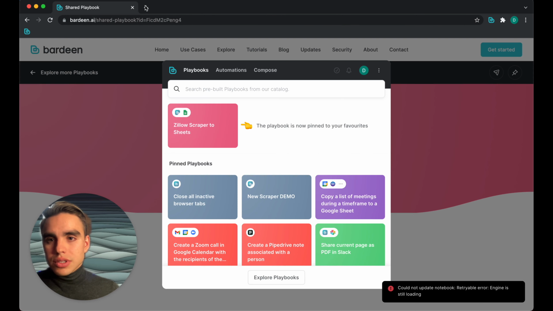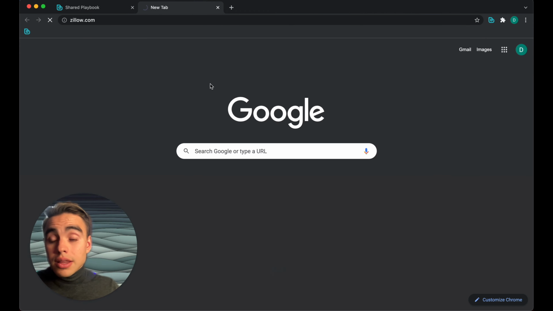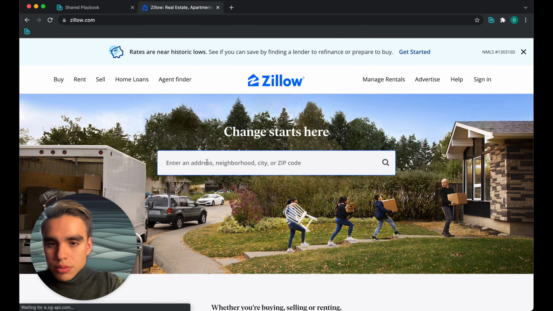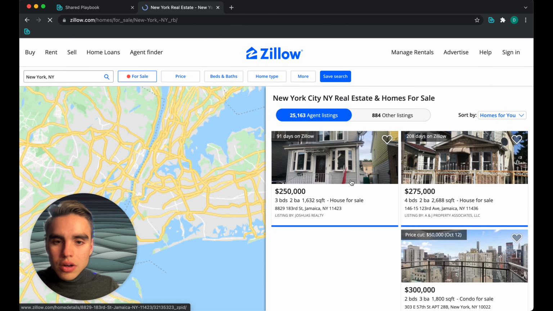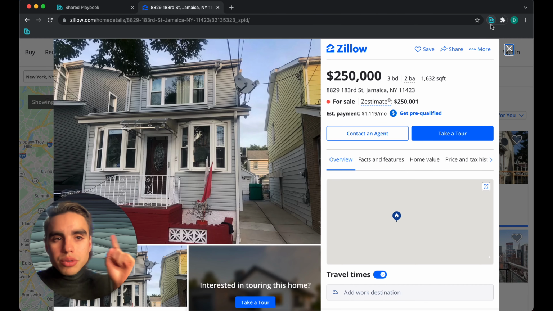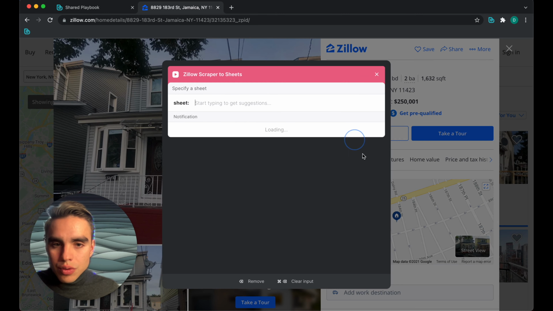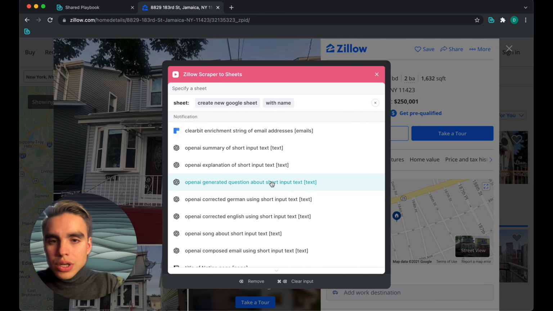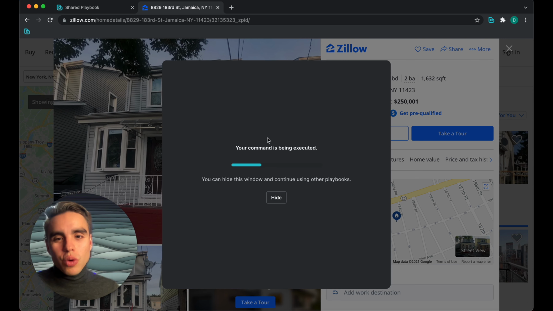The last thing I want to do is go to Zillow.com from a different profile page, and then I need to do a search similar to what we did before. It can be any search. Let's do New York. Click on a property similar to this one. And now I want to open Bardeen, and I'm going to run this same playbook from here. So I'm going to run this playbook, click here, and add to a new sheet and call it Zillow Properties. Again, this is a new account. Imagine I'm your coworker. So I'm going to click on run this, and